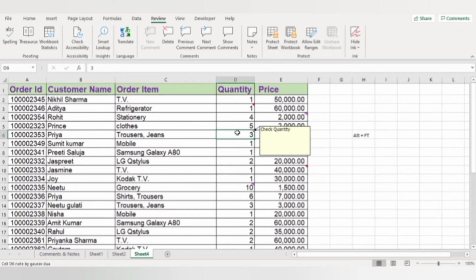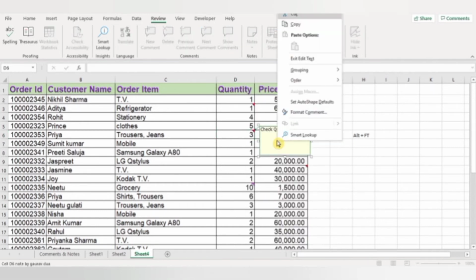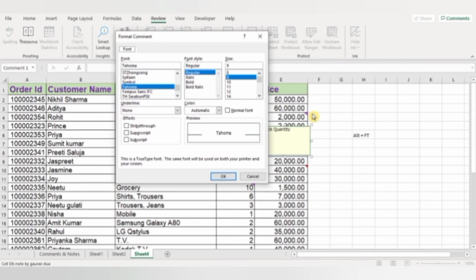And now if you want to format your notes, like if you want to change the background color of your note, then first of all right click on it and select edit comment. And from here if you right click on it, then there is the option of format comment. So this dialog box is giving me only the font tab.